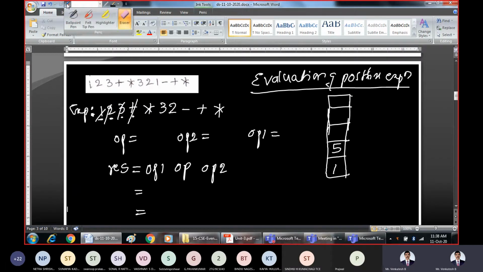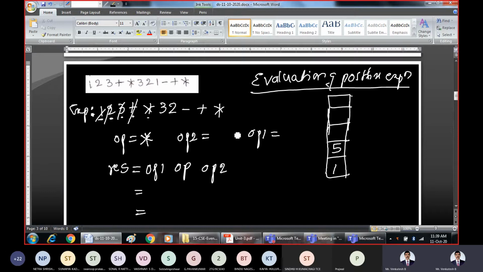What is the next symbol that we are scanning? Next symbol that we are scanning is star. So obviously star is an operator. Once we encounter an operator while scanning the symbols from left to right, we have to take out two elements from the stack.